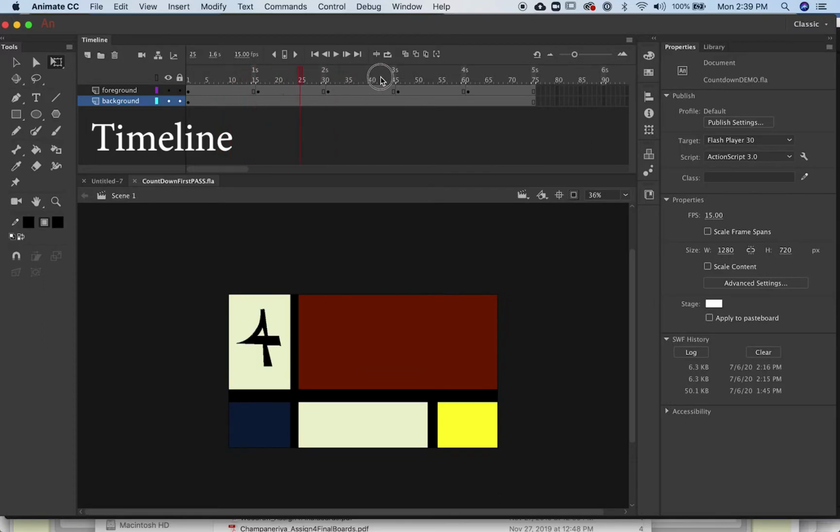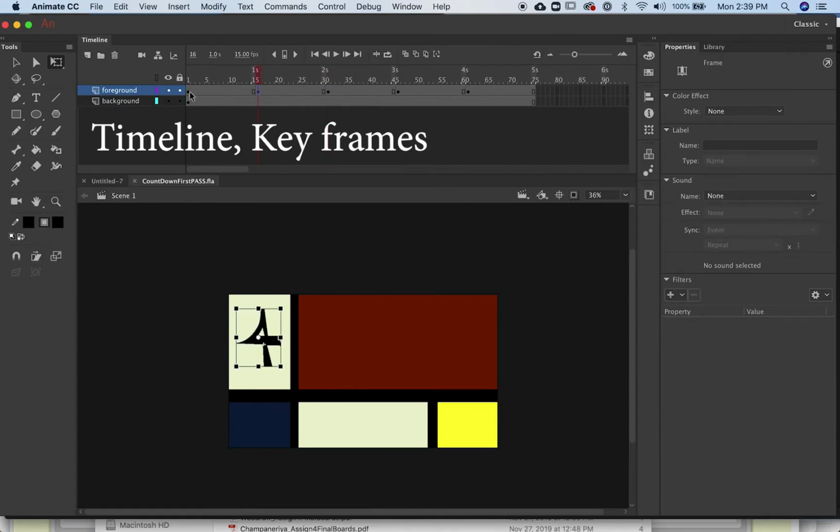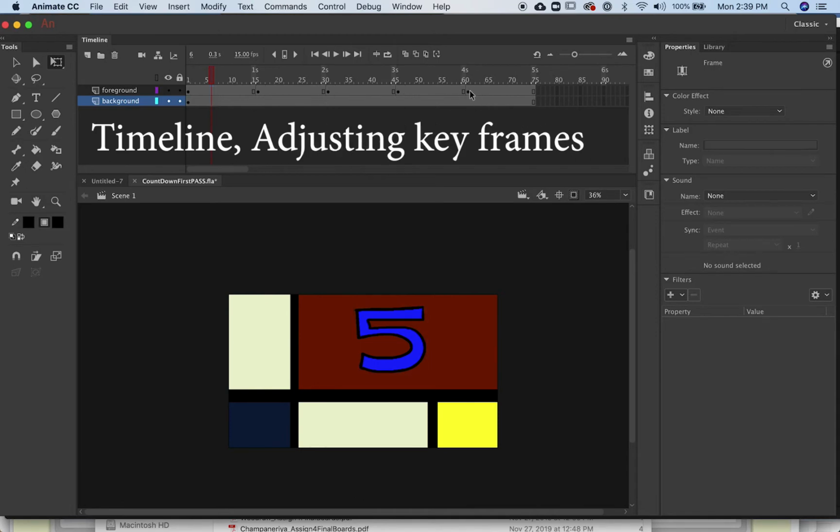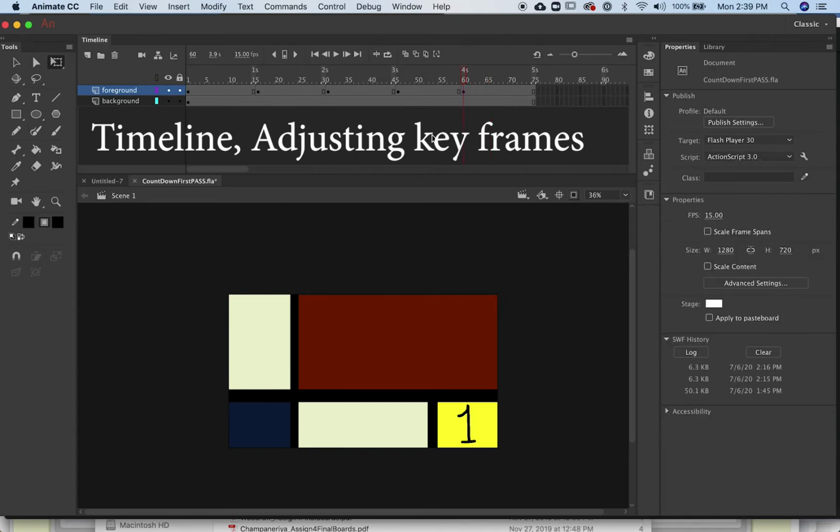And the timeline is really the start of animation. It kind of gives us our keyframes. It allows us to set the duration, how long we hold on drawings, how you can add or delete frames. We'll go over these in real basic ways. As you get further along, you'll have better comfort level in using the tools to manipulate all the aspects of